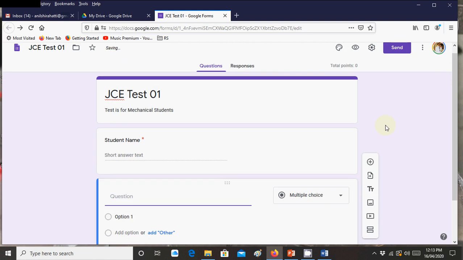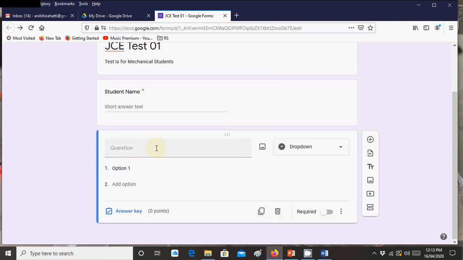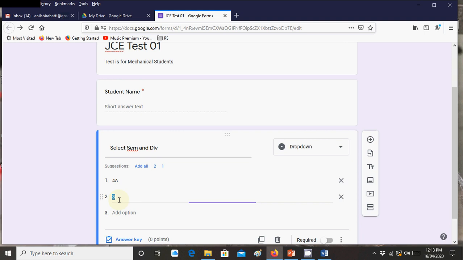Next, give one more option, and just to segregate, I can say dropdown: select semester and division. I'm giving options, let's say fourth A, and fourth B. So this data is also required. So the two data are compulsory.